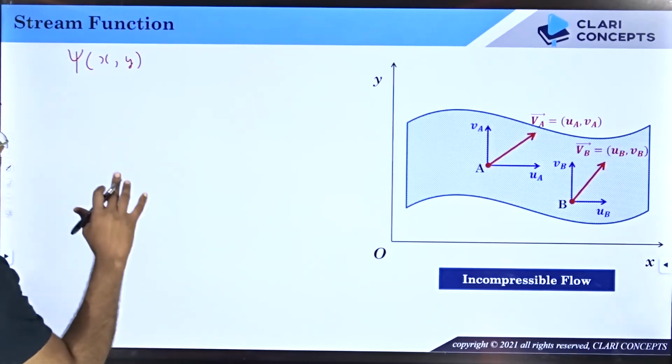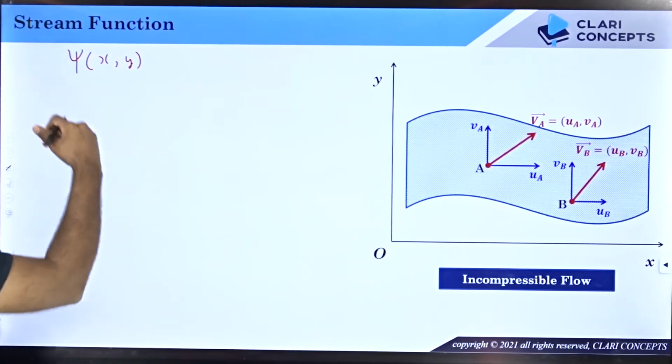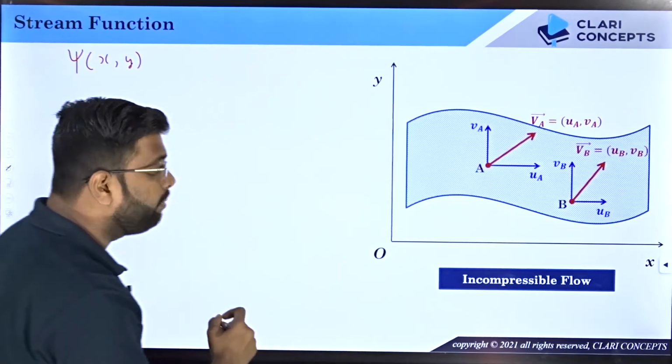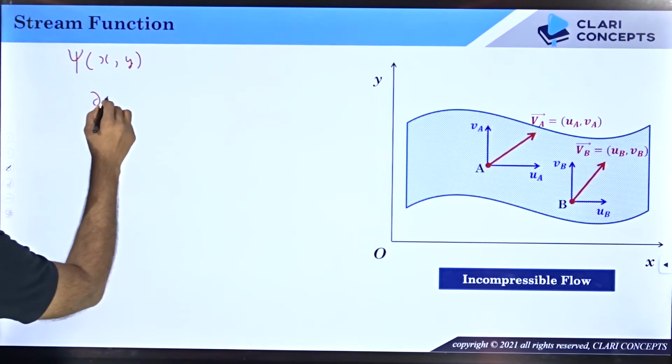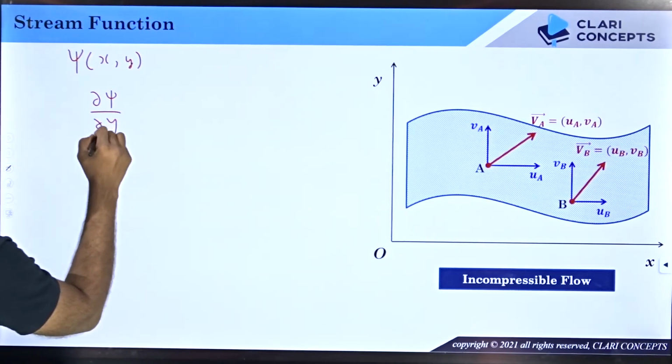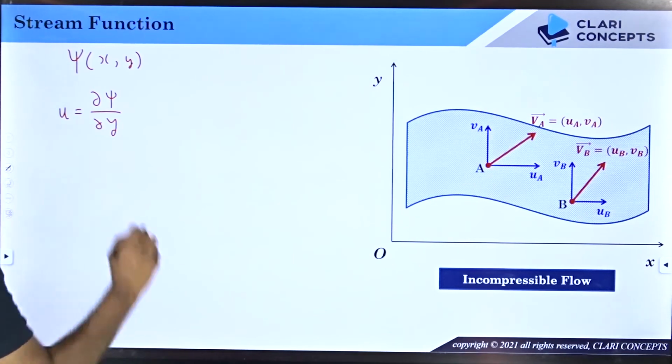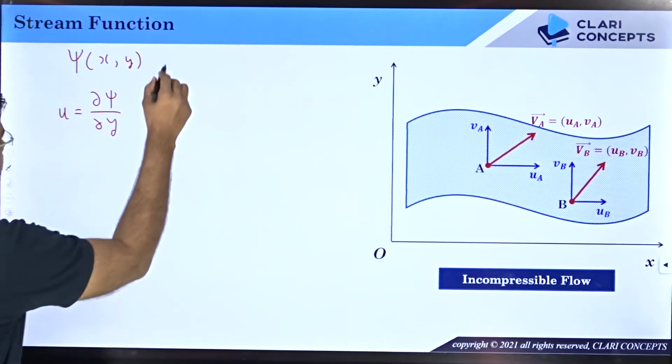It is such a function that when you differentiate this function with respect to y, you will get the velocity in x. That means when you differentiate this function with respect to y, you will get the velocity in the x coordinate. That means u. U is the velocity of the fluid in the x coordinate. Yes. Similarly, when you differentiate